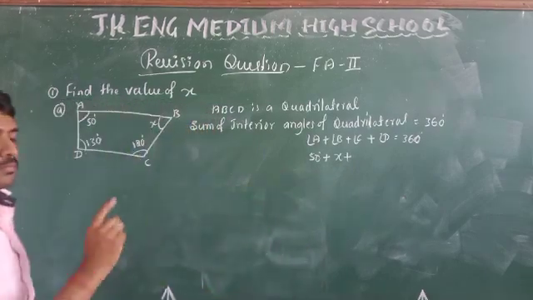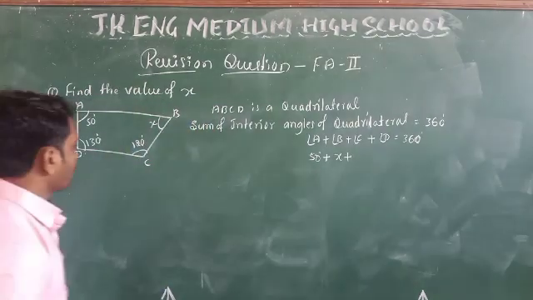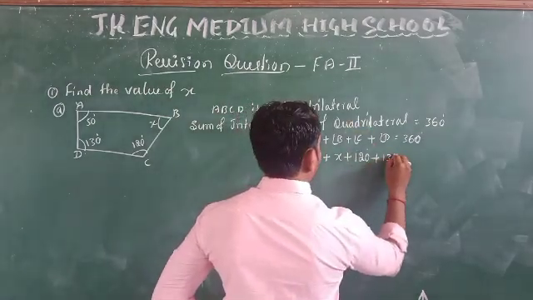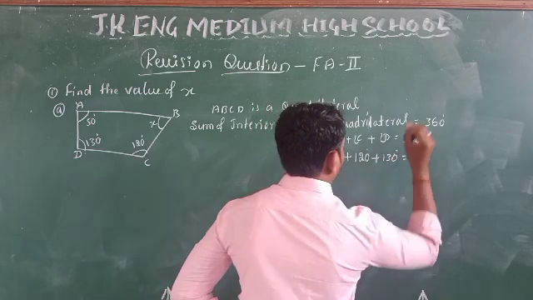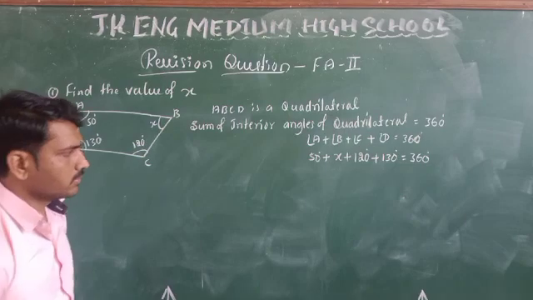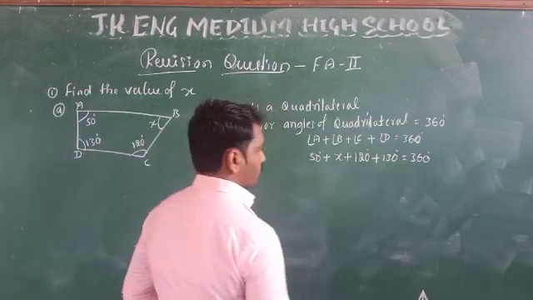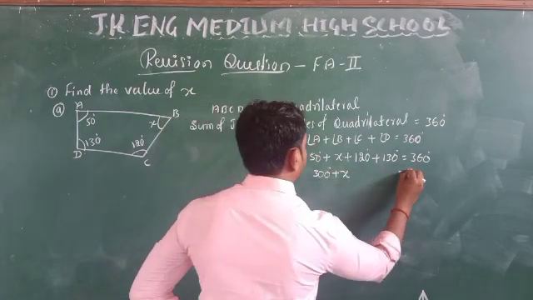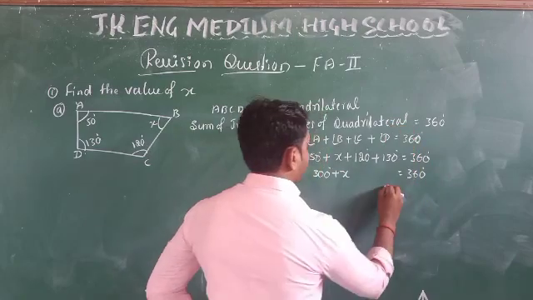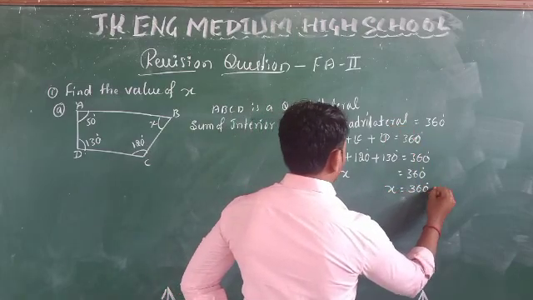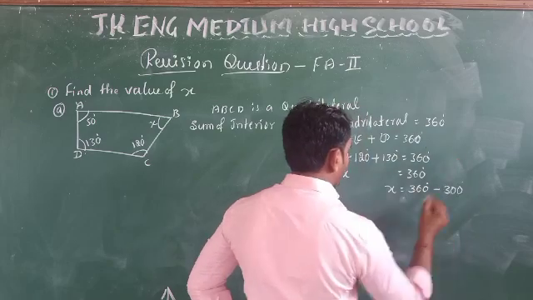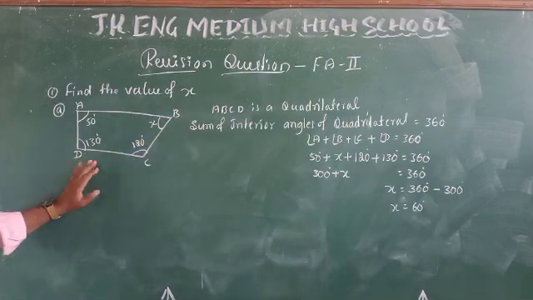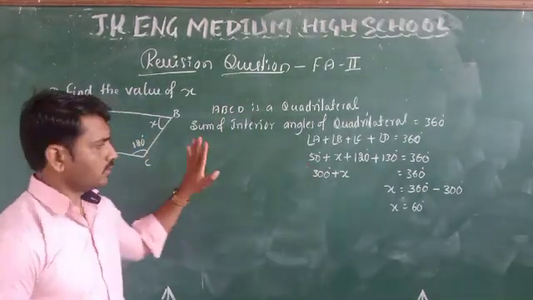Angle B value is x. We have to find out the B value as x. C is what? 120 degree and D is 150 degree. Overall 360. Correct? Now what to do? 50 plus 150, 200, plus 120, 320. Wait, let me say, this will become 300. x is equal to 360 minus 300 degree. x is equal to 60 degree. What is the value of x from the diagram? The x value is 60 degree. Write down the answer.